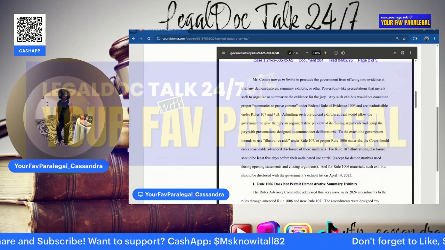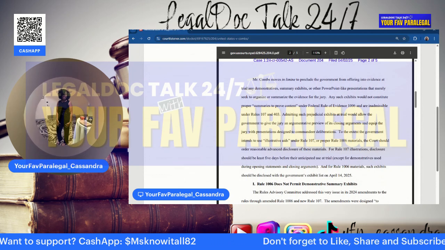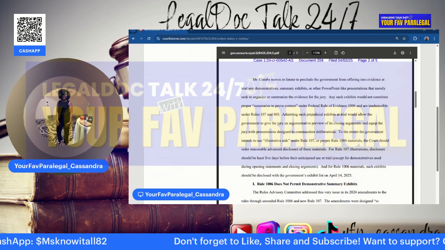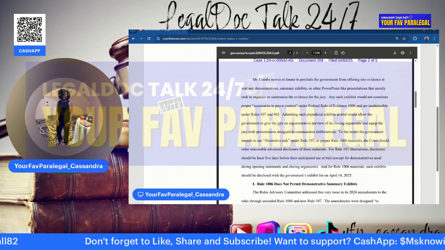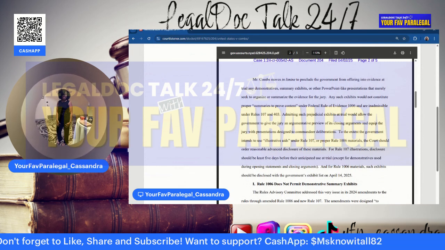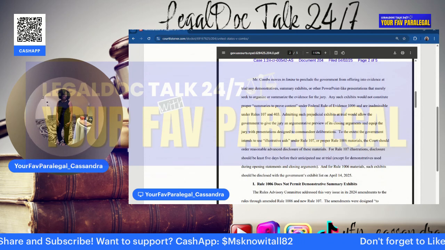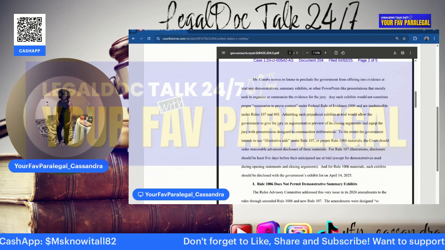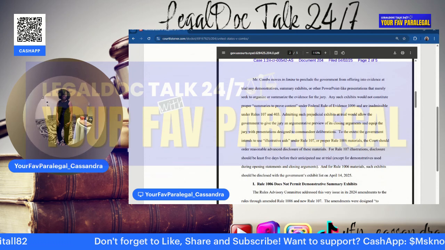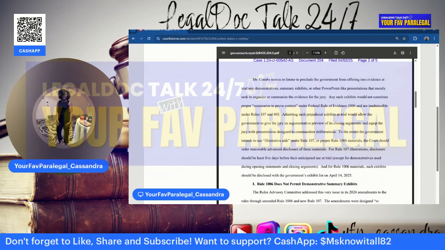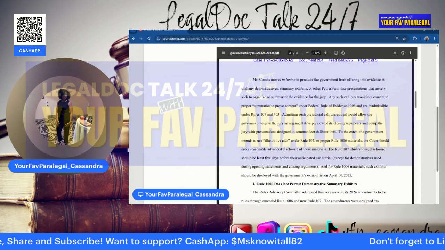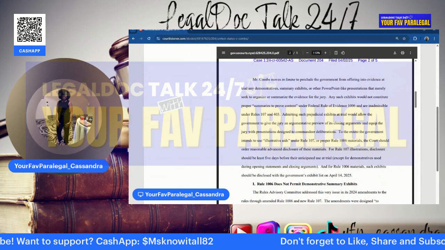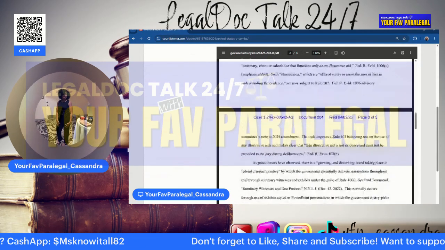So this gives them the opportunity, one, to see exactly what it is that the government is going to use as evidence and what illustrations they're going to use, and that will give them a chance to rebut if need be, meaning that they will file a motion in limine and say, okay, I don't feel that this is admissible in court. And they would request for the court to rule on that. That's all that is. So that is that document, okay?